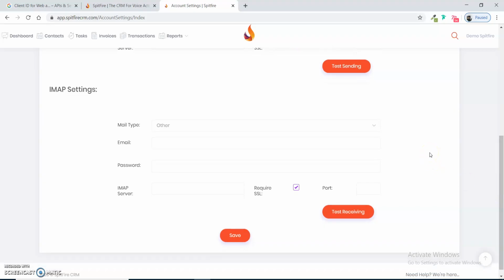So we have used the read only scope for the receiving functionality. So let me connect a Google account.